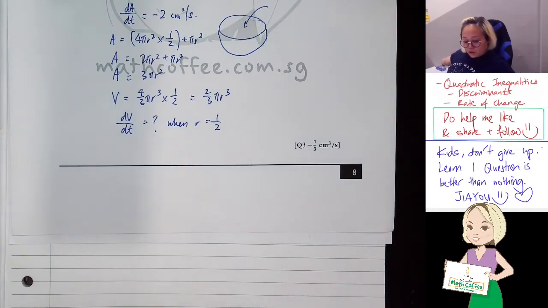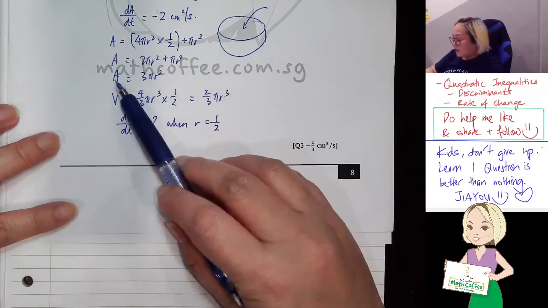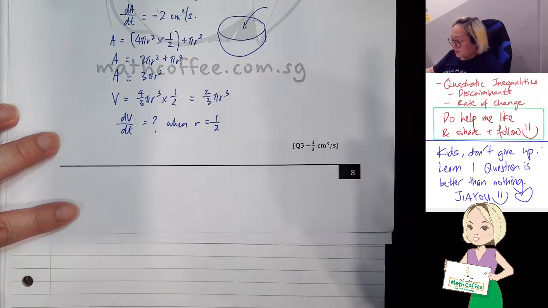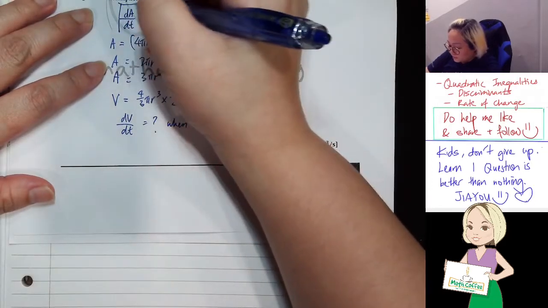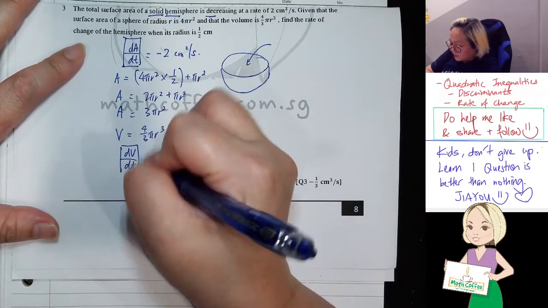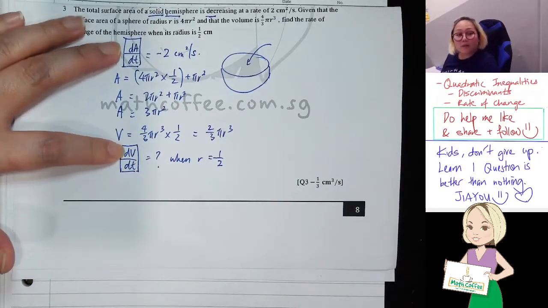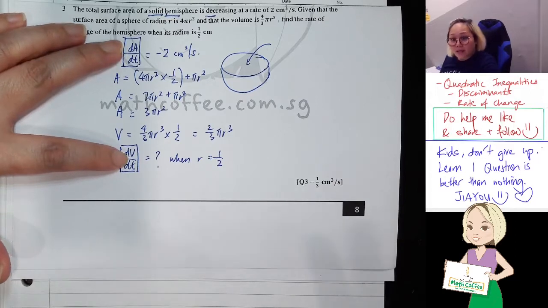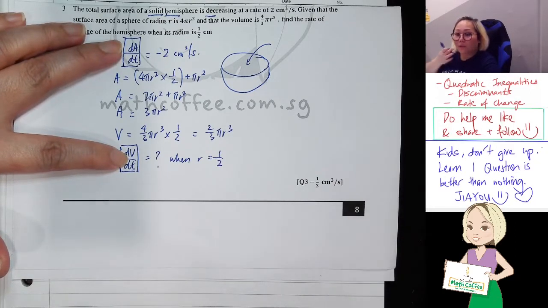So now my question is, I only have the formula A in terms of R, V in terms of R. Okay, see look at this. Remember I asked you to analyze dA/dt, dV/dt. So I need a formula that relates between A in terms of V or V in terms of A. But the very bad news is,